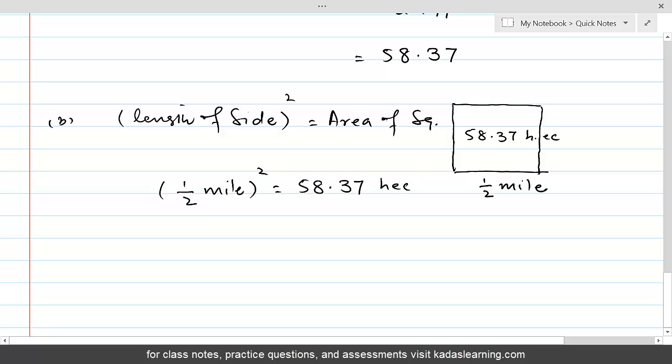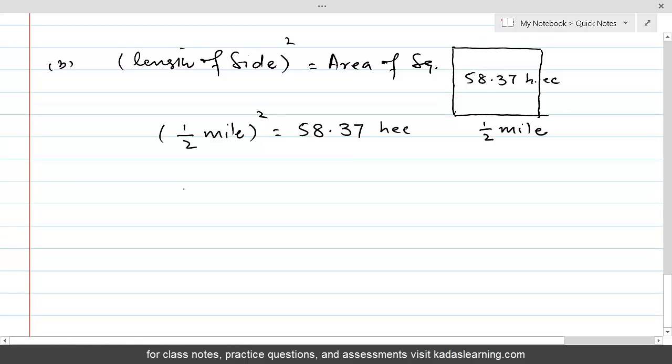Now if we open the square, this will become 1 by 2 mile times 1 by 2 mile, meaning 1 by 4 mile square is equal to